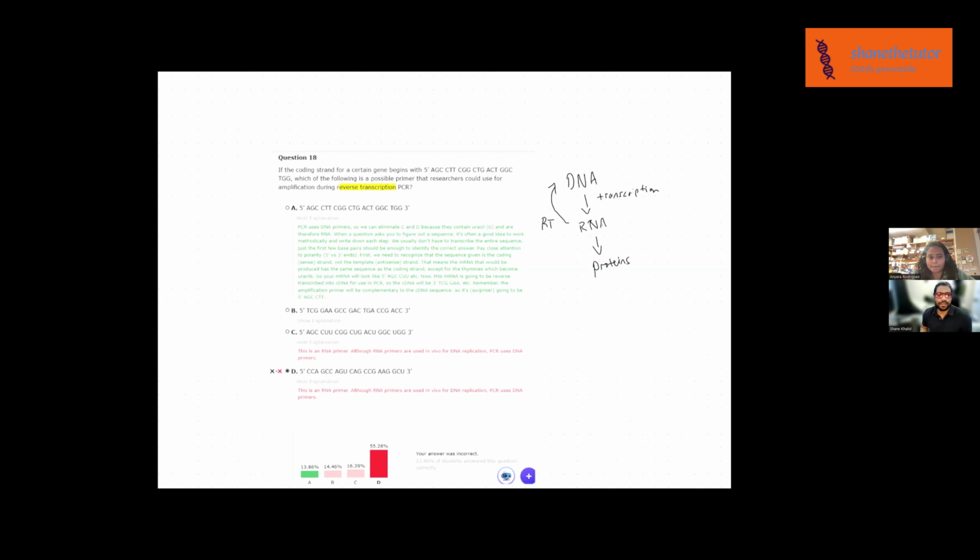Yeah. So they're asking about this gene fragment that's the target, and they're asking what could be a possible primer for this RT-PCR. So right away, we should know that,